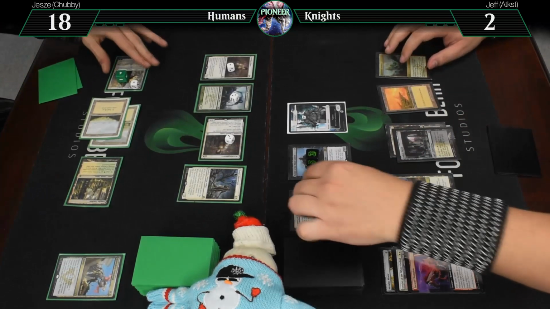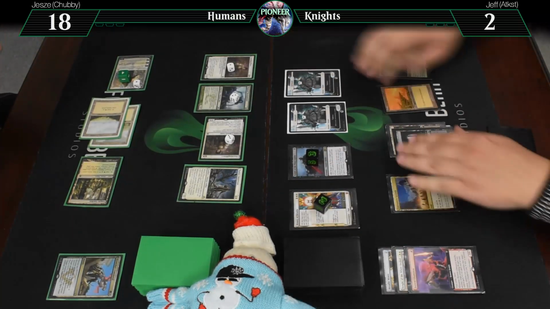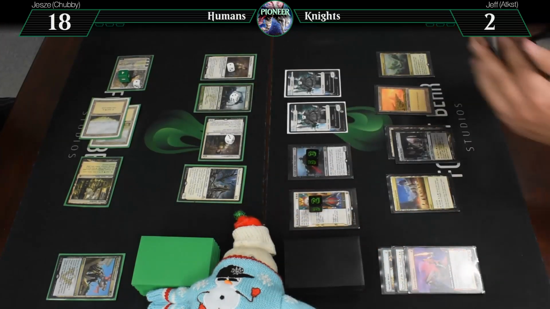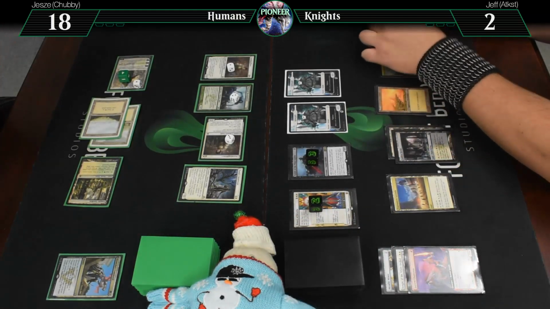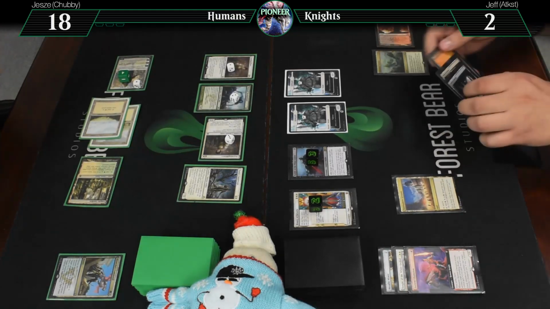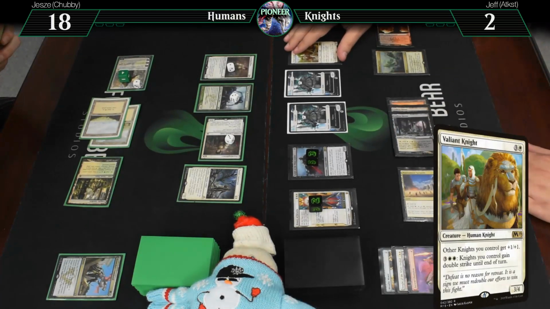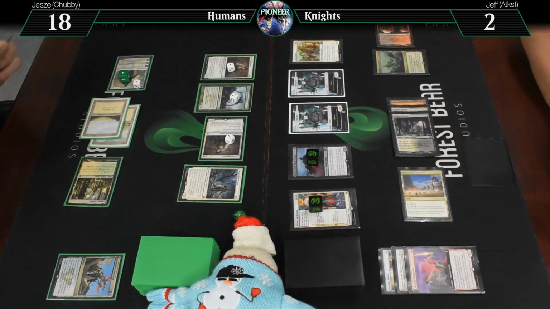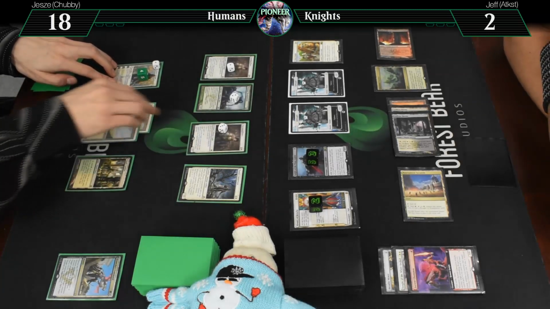Untap. That's kind of funny. Upkeep. Nope. Draw for turn. Well, seems like you drew a lot of lands this game. Yeah, it's just a bit. 4 mana. Here's a Valiant Knight. Okay. And it is your go. You're at 2. So technically,